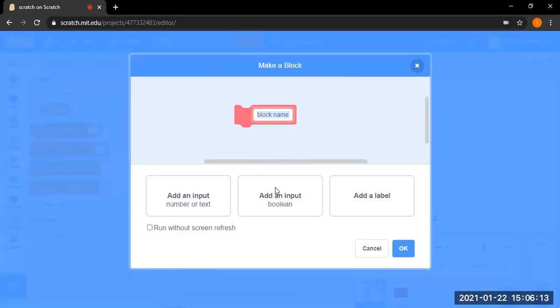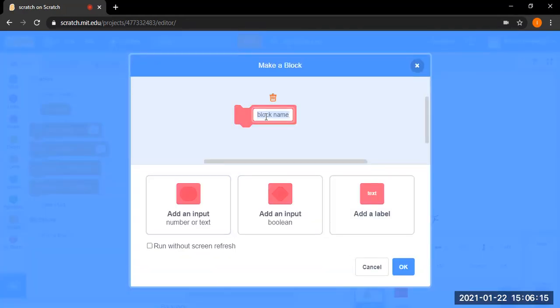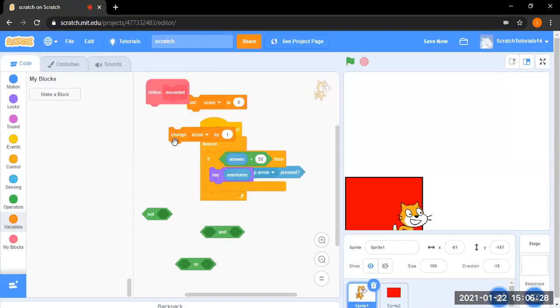Make a block is also not commonly used, but I can do this, like kick, no, movement. Like you define movement. Movement is like when we are basically telling what movement is. Movement is when the score changes by 1, like